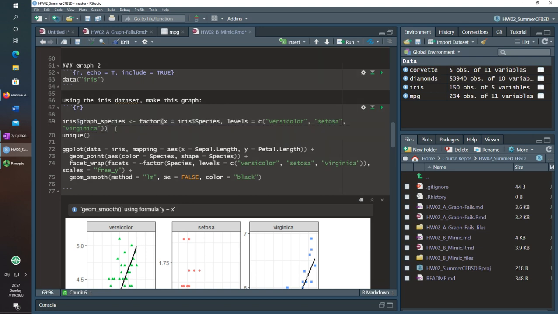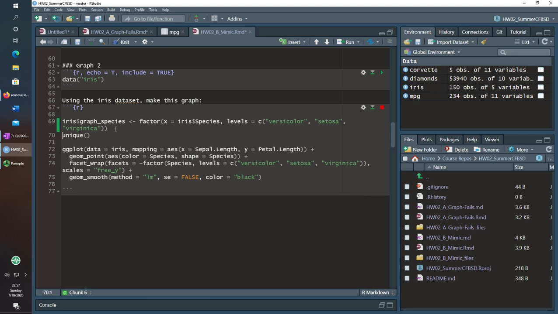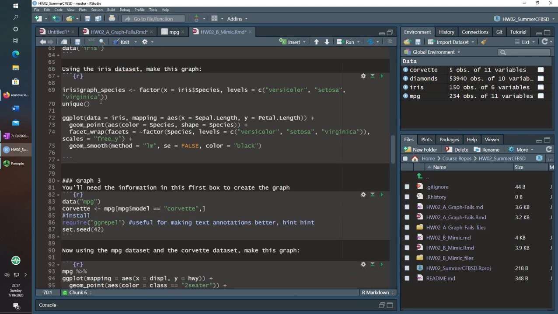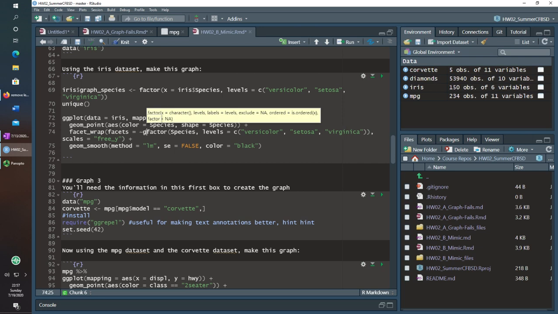There could be other ways if it was reverse alphabetical order, for example. But now instead of saying facets by, if I change this iris to, I could just say facets by graph species.